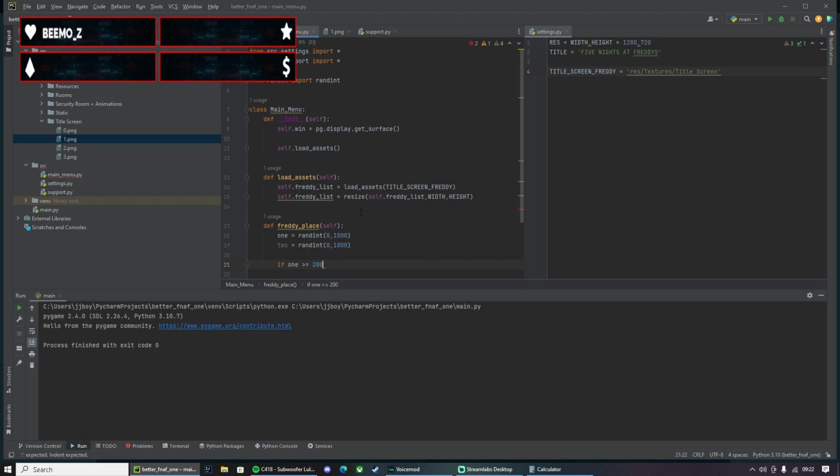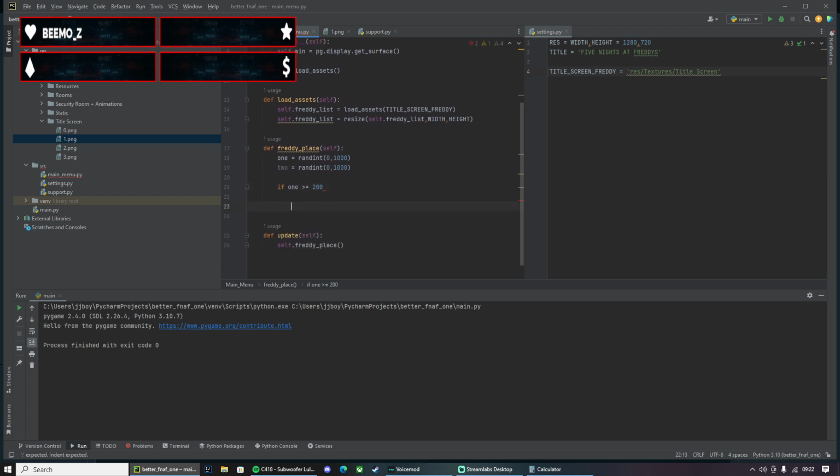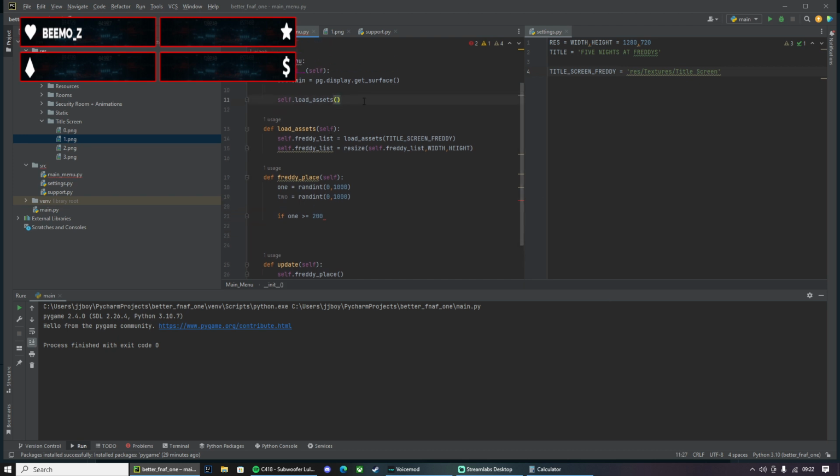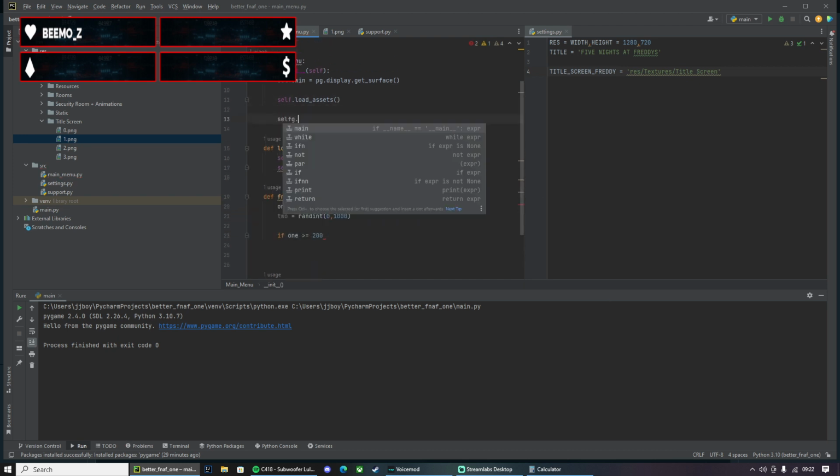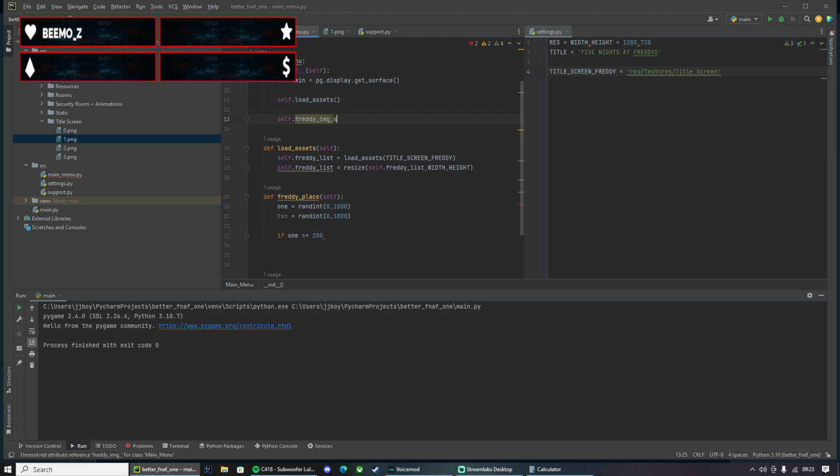I don't think it's better to put multiple window blits, so we'll just do status. So after we've loaded this, we'll do self.Freddy_img_status 0.